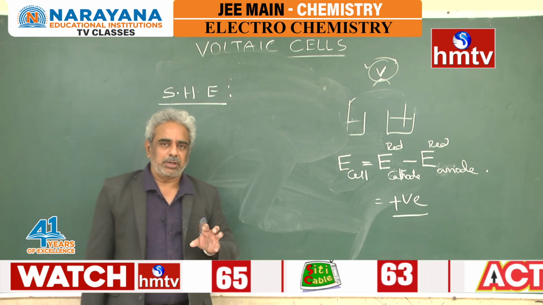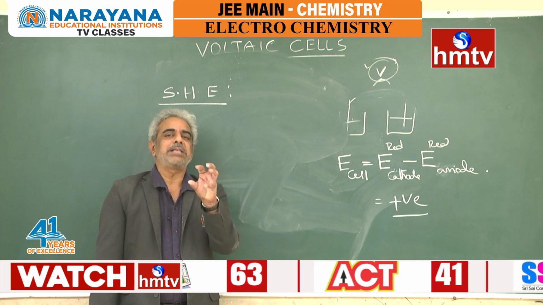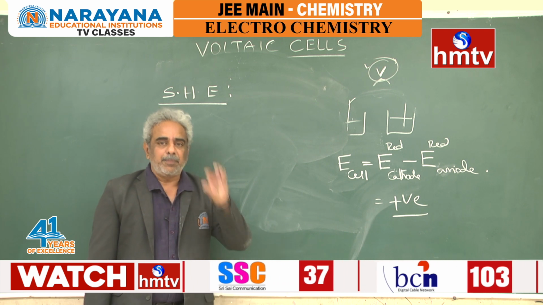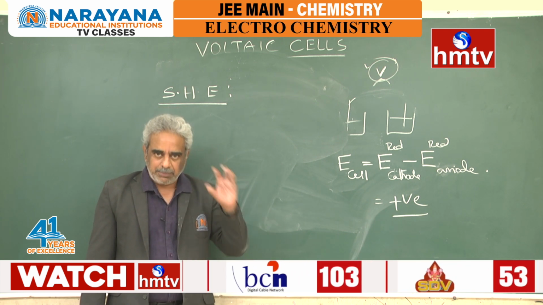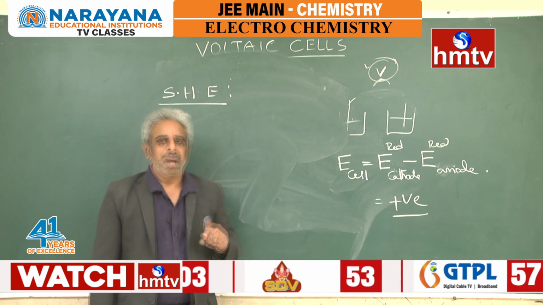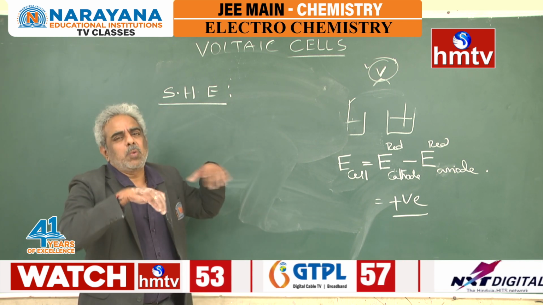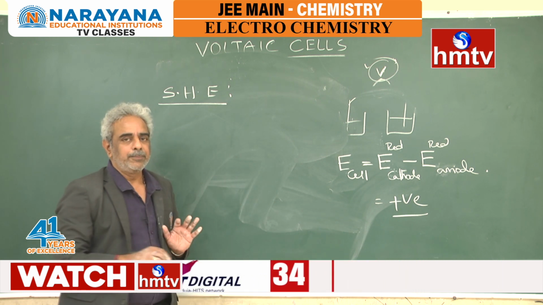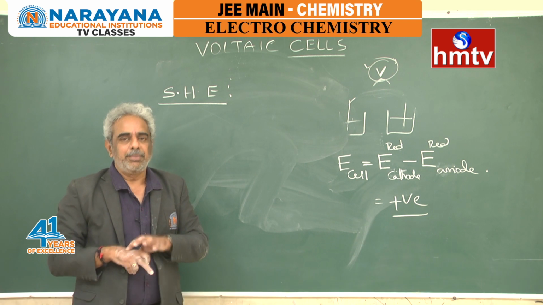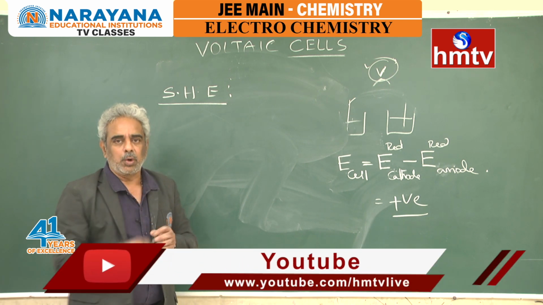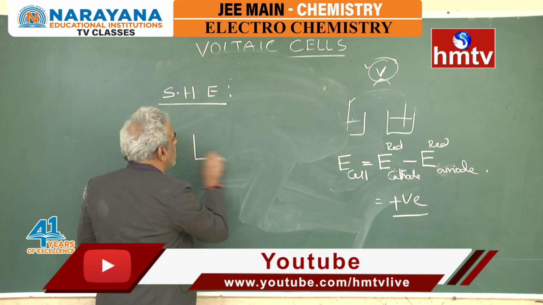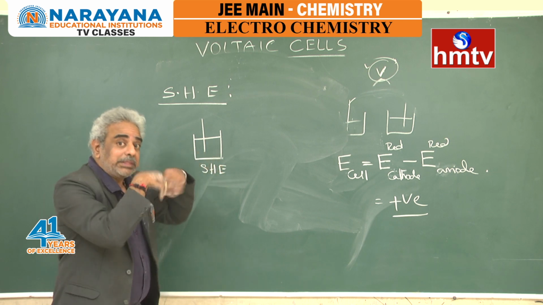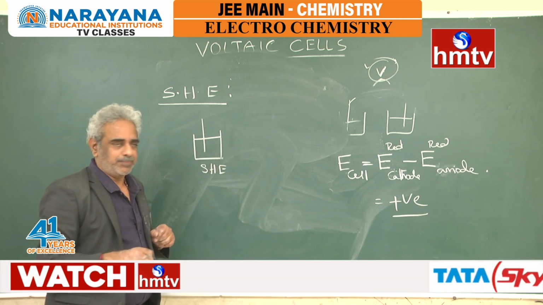What is the purpose of this electrode? This electrode is taken as a reference because we cannot individually determine, practically, experimentally determine the individual electrode potential. It's a reference electrode just for connectivity sake, because you cannot construct a cell with a single electrode. We connect a standard hydrogen electrode